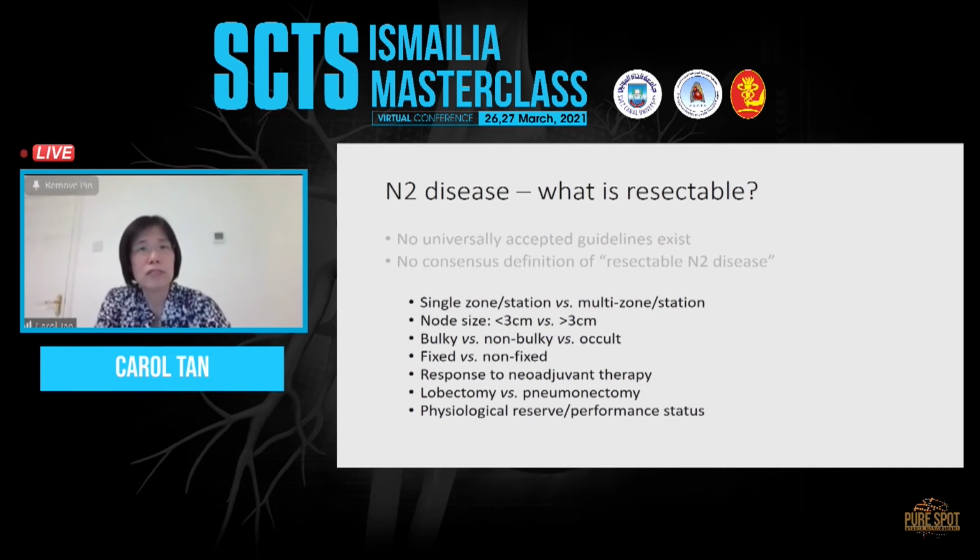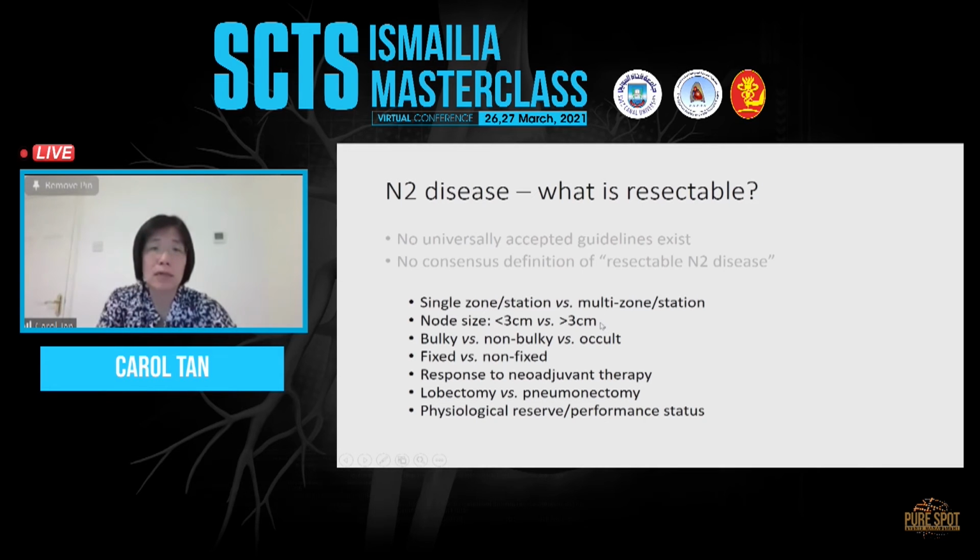And you know that N2 disease has all these different possibilities, which we probably should be considering when, as surgeons, you're sitting in the MDT. These are the things that may be going through your mind, whether it's single zone and station or multi-zone and station, whether the size of the lymph nodes might have an